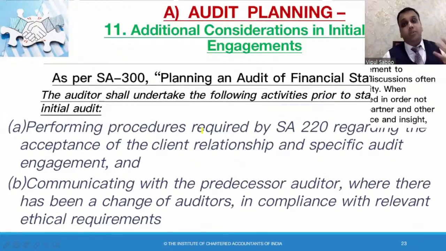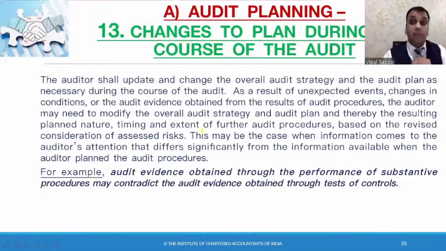Changes to plan during the course of the audit. Here I told you that sometimes the auditor may get some information which is different from the information he got at the beginning of the audit. So during the audit, there might arise a situation or some circumstances where the auditor might have to revise or make changes to his audit plan. So it is completely normal, right? There could be different audit procedures which might give different results, and the auditor might have to consider whether he needs to make a change to the already developed plan or it is working fine.